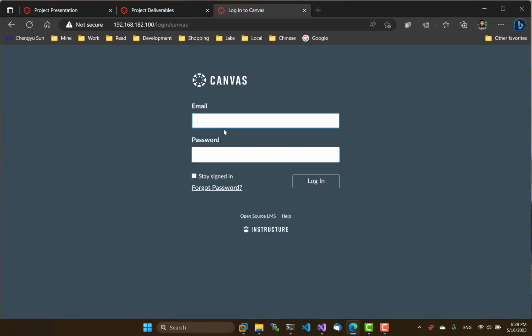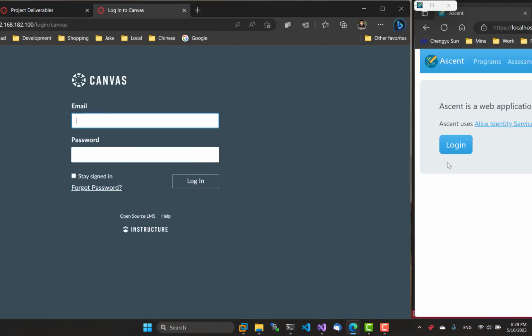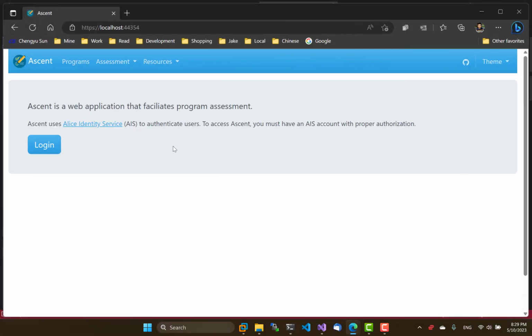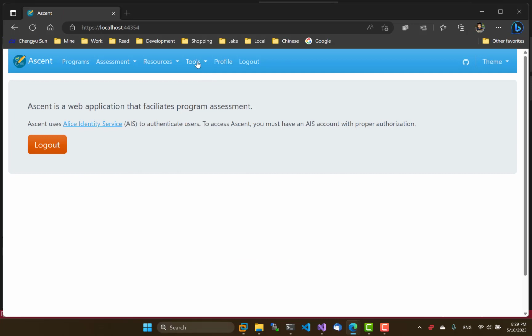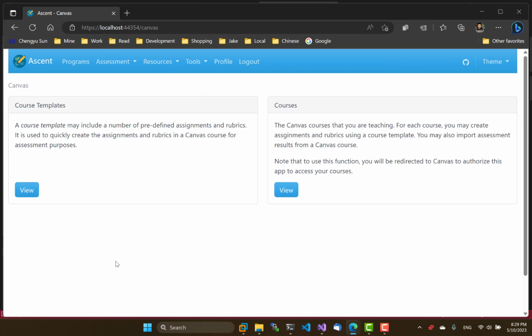So let me log out here, and let's switch to Ascent. So let's first log into Ascent, and then we go to Tools and Canvas. And there are 2 Canvas-related functions here, course templates, which we'll get to in a moment, and courses. So if we want to see the courses on Canvas,